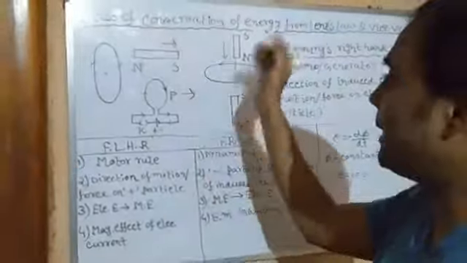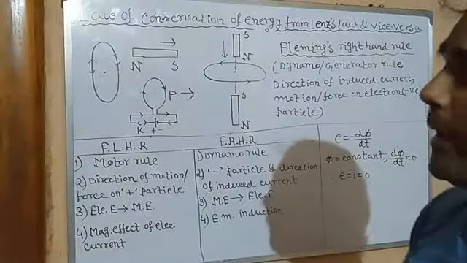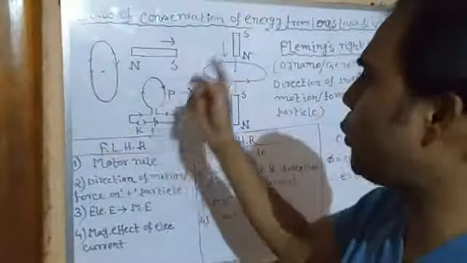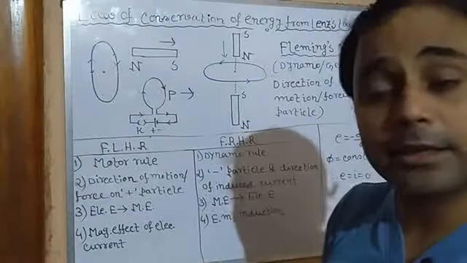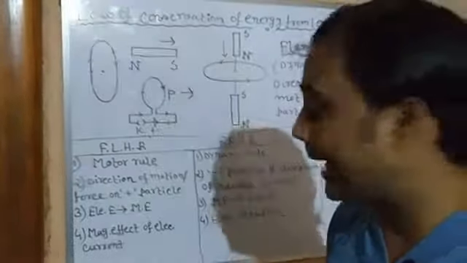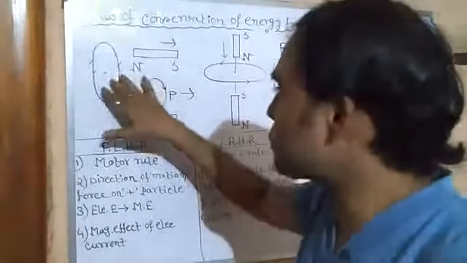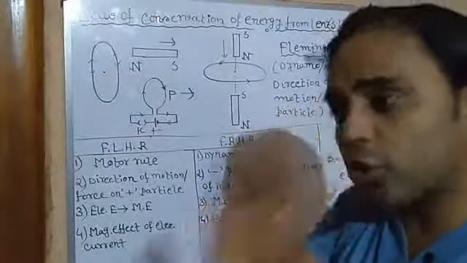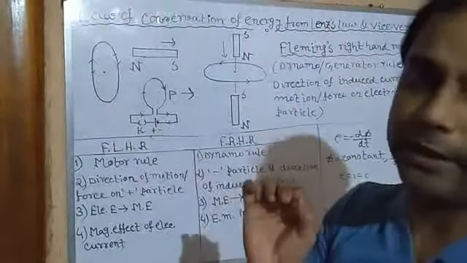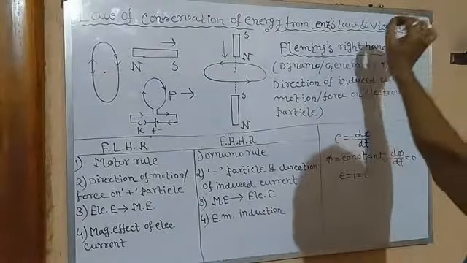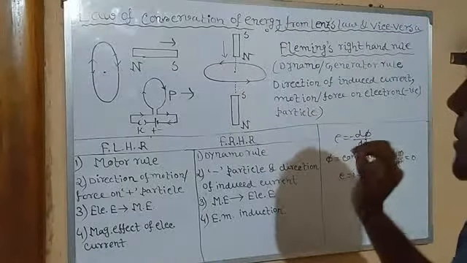And when it moves away, instead of attracting, it is repelling. So what will happen? If it attracts, the opposite thing happens, so automatically current is induced. But here it cannot happen, it means energy cannot be obtained. So in this case, we will try to find out the direction. What should be the direction of the induced current? Only in that case we can get Lenz's law from the law of conservation of energy.